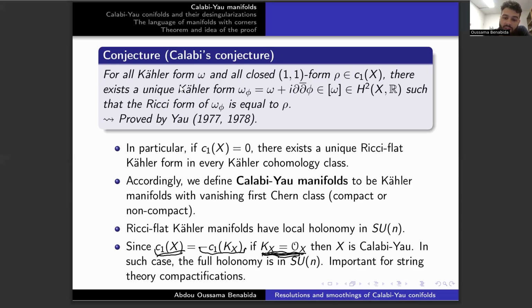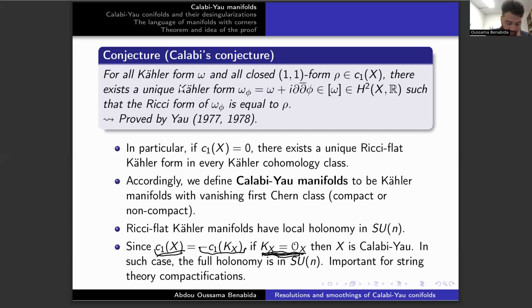Sometimes this is used itself as the definition of Calabi-Yau manifolds, but this is a bit stronger than supposing that the first Chern class is equal to zero. So the definition of Calabi-Yau manifolds differs from one reference to another. When the canonical bundle is trivial, the full holonomy of the Ricci-flat Kähler metric is in SU(n),